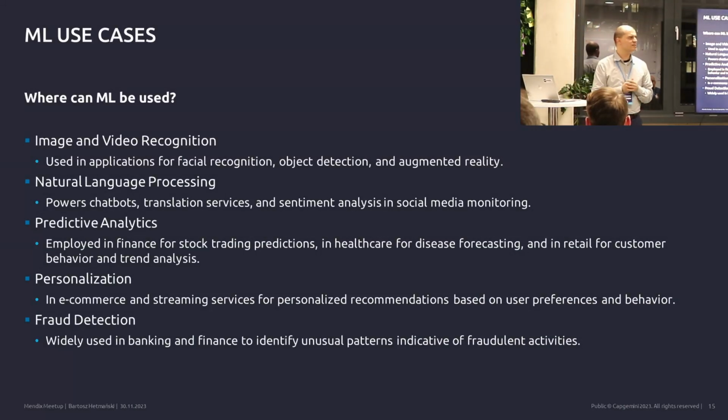That's just as easy as asking ChatGPT where machine learning can be used. So it will give you a pretty much very similar output: image and video processing or recognition, natural language processing, predictive analysis, personalization, fraud detection. And fraud detection, I remember back in